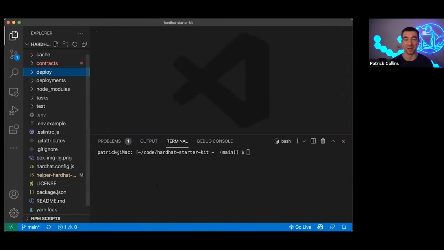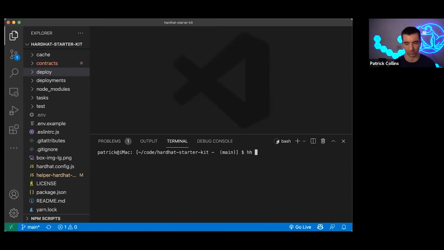Now, with all that being said, usually deploying to a testnet is going to be really slow. It's going to kind of suck if that's how you're going to do your development process, because you don't want to have to wait 10 years for your transactions to go through, which I know it's a few seconds on Avalanche, but we want to be as quick as possible. So typically, what we do when we run our tests is we run them on what's called the Hardhat runtime